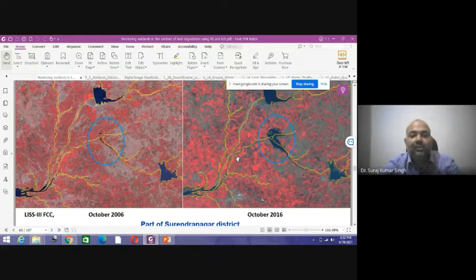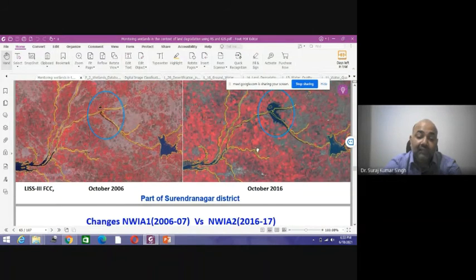So you can see how satellite images can be used for classifying or seeing the various features. Right now we are mainly focusing on wetlands and water properties. That's why we are focusing on such features. If we had been focusing on forest, then we would see forest. If you are focusing on built-up, then you will be seeing built-up. So it depends on your objective, what part and what is the thrust area that you are interested in.